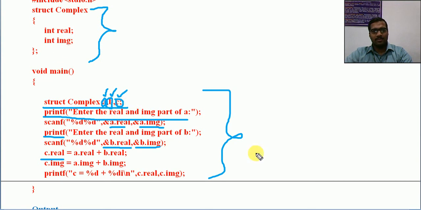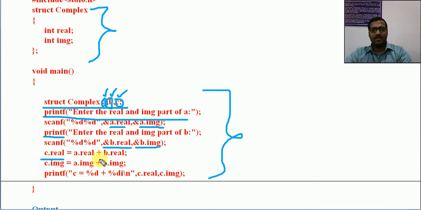Then you can have some manipulation between different members of different structure variables. Okay, so structure a's real number can be added with structure b's real. No problem, because these two are integers. Imaginary also, they are integers, and any two integers can be added easily.